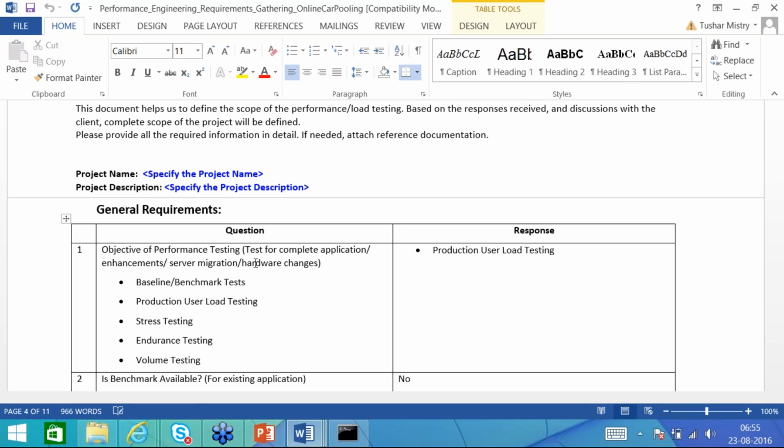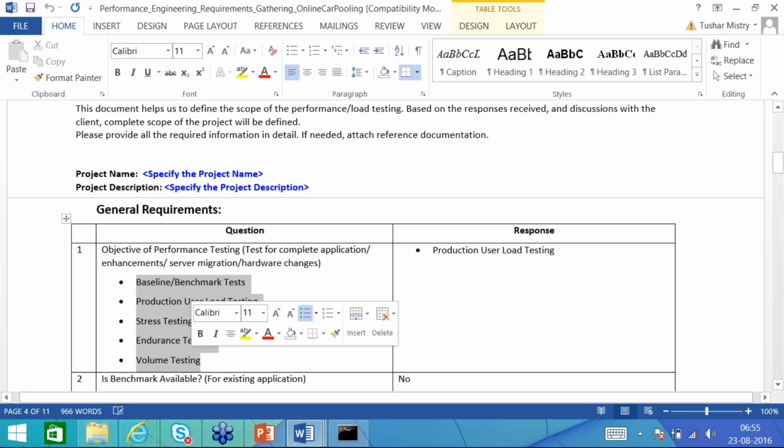There might be many more reasons that we do performance testing, but these are some of the basic ones I have mentioned. Depending on that, you need to decide the type of performance test you are going to do.